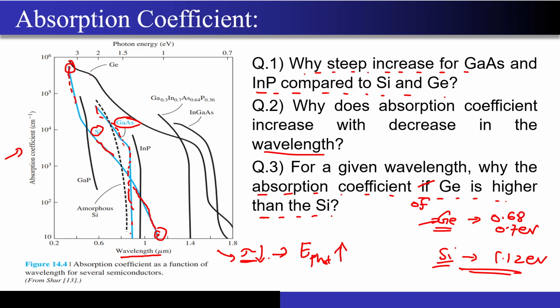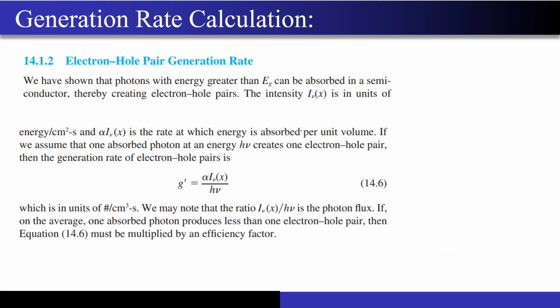So now if I look at the germanium over here, if I just draw a vertical line, why am I drawing the vertical line? To compare the absorption coefficient at the same wavelength of the light, correct? You can see the silicon is here and the germanium is here, correct? So I hope that part is clear why the absorption coefficient of germanium is higher, right?